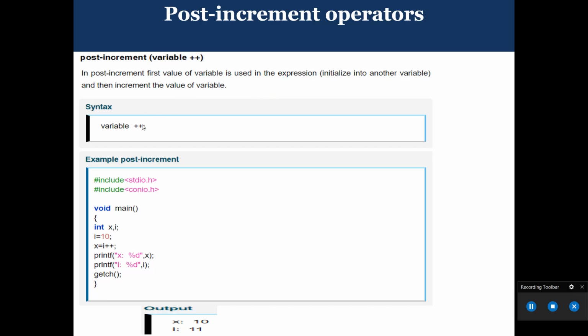The syntax of post-increment operator: variable++; For example, #include <stdio.h>, #include <conio.h>, void main, then int x, i = 10, then x = i++, then print x, then print i, then getch, then main function is closed. The above example output will display x = 10, then i = 11.